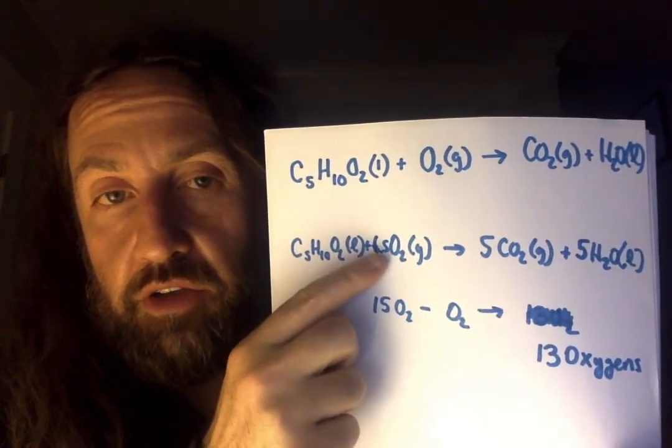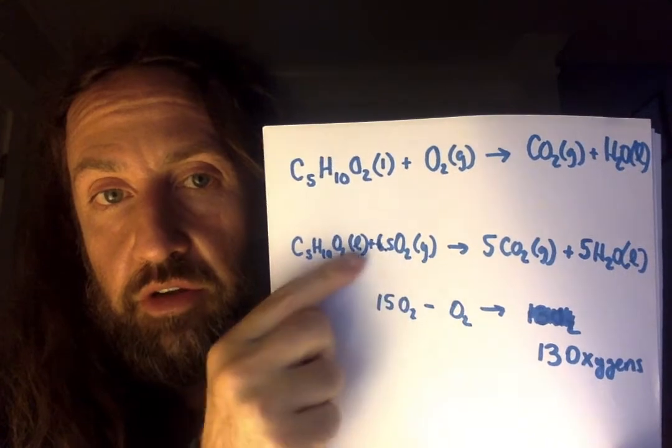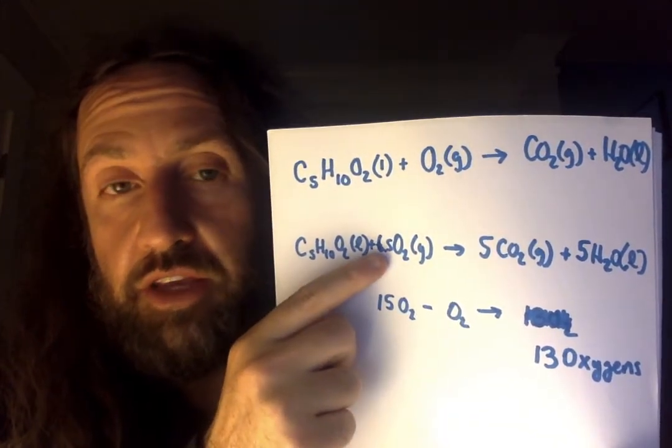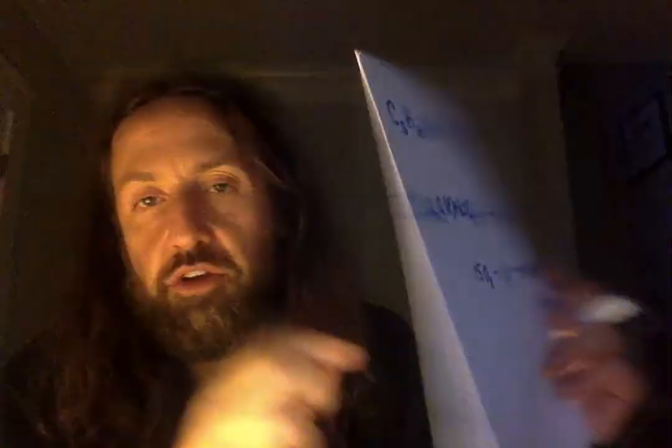Now here, 6.5 times 2 is 13 plus my extra 2 is 15. Now the only thing I don't like is having a 0.5 in a balanced equation. So what I'm going to do is double everything. And my finished balanced equation is going to be